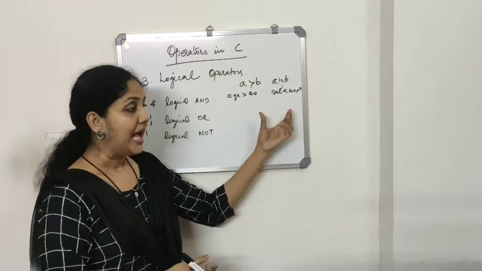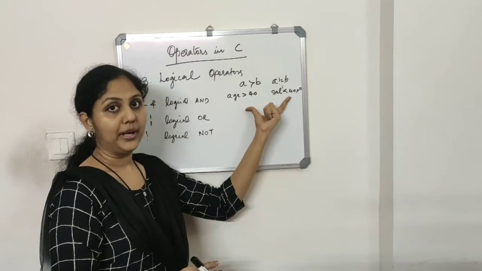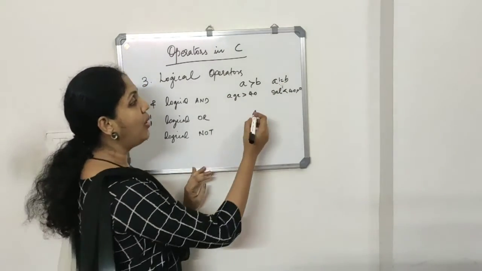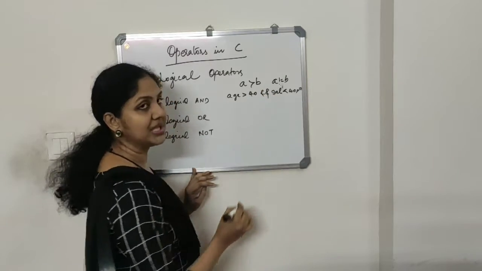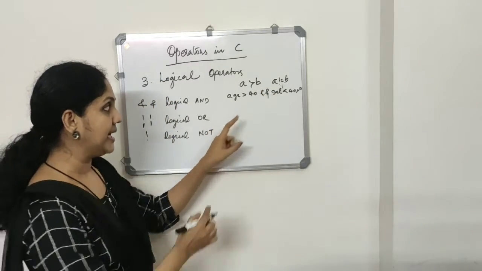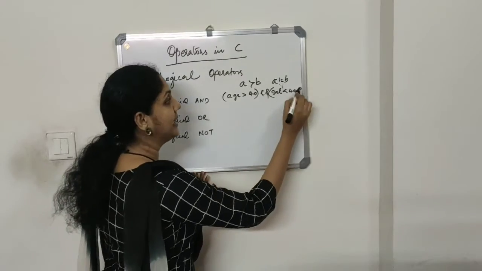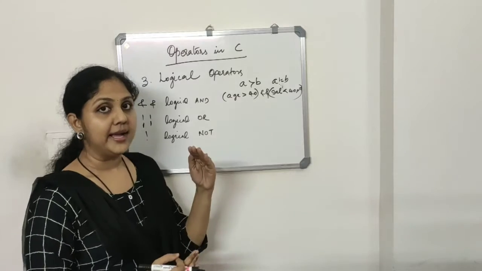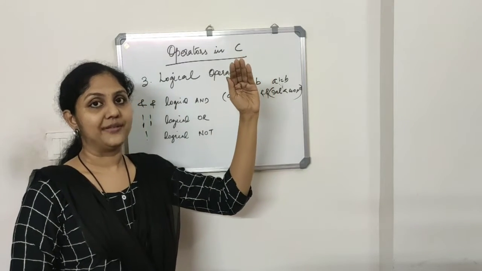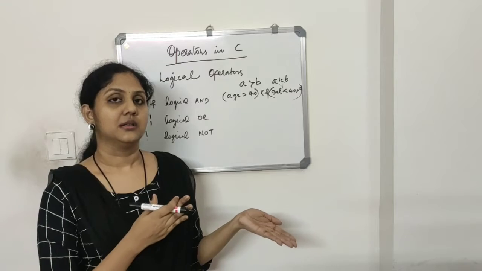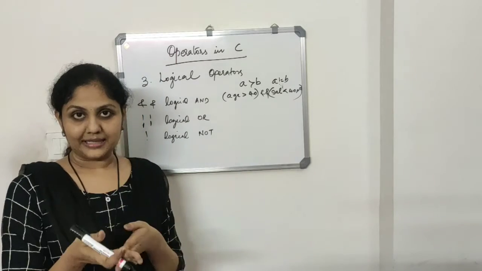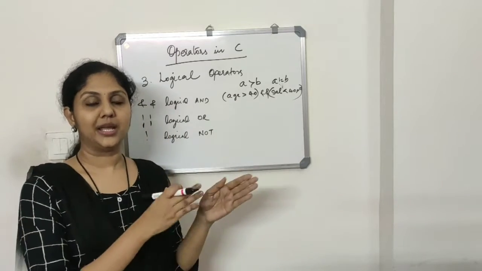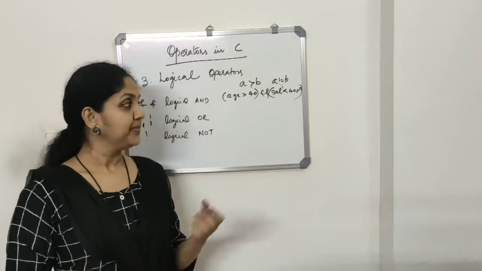Then what will we do? I can combine these 2 operations together. How? We can combine it using the logical AND. If age greater than 40 and salary greater than 40,000, I have to do certain operation. Likewise, if height greater than 165 centimeter and marks greater than 60, then give grace mark, or it can be categorized for sports quota. Like that I can do.